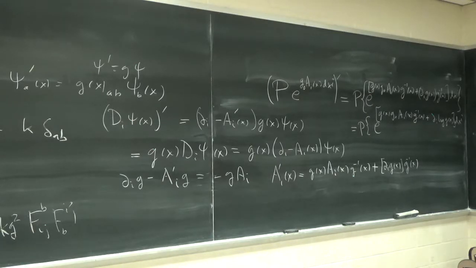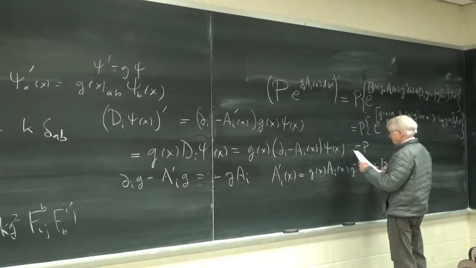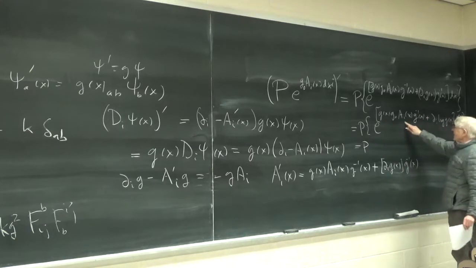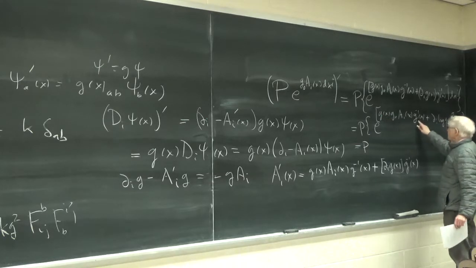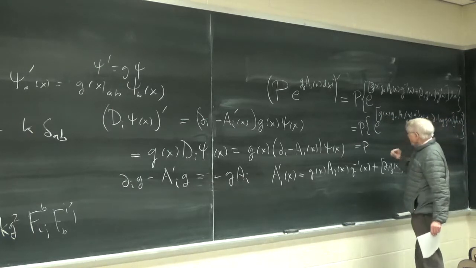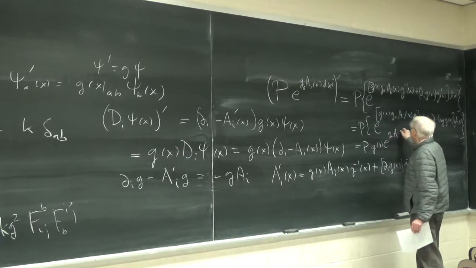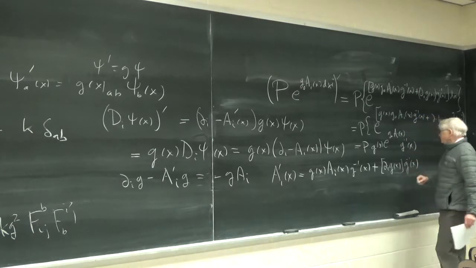So now, once again, because of the path ordering, we can separate these things and keep them ordered. So what we have is, we can write it this way, path ordered. First of all, this part with g0 A_i, we have here g and g inverse, so we can rewrite this as g of x e to the g0 A_i of x, g inverse of x,